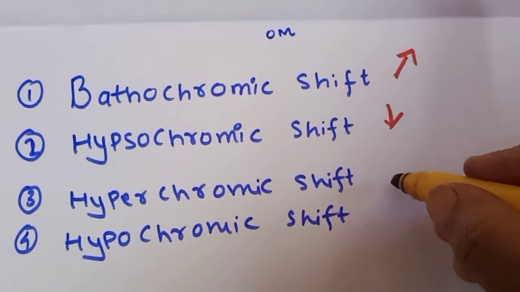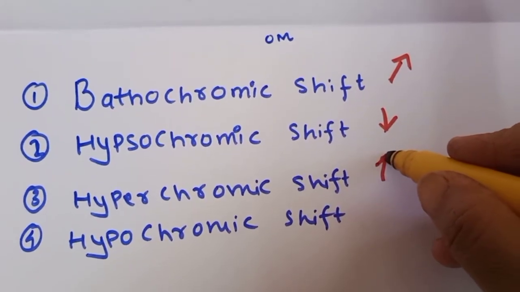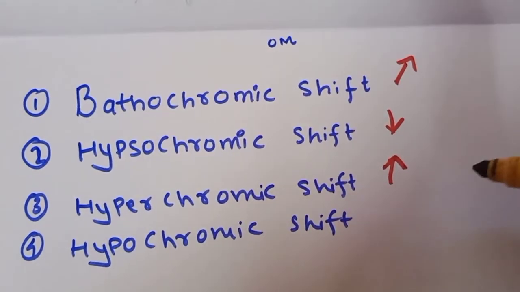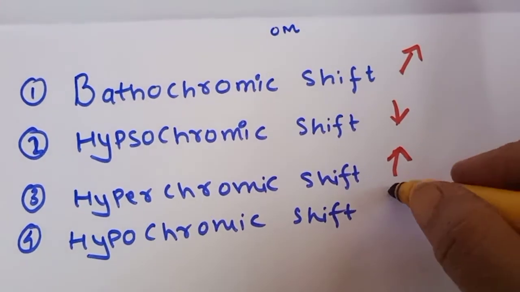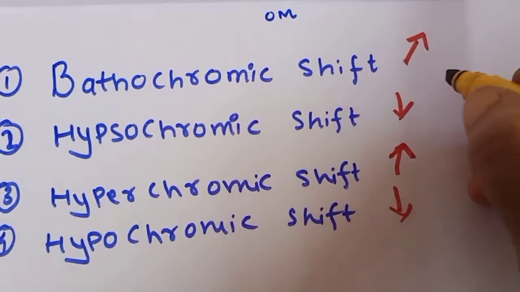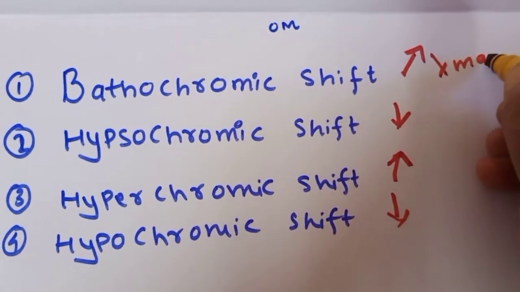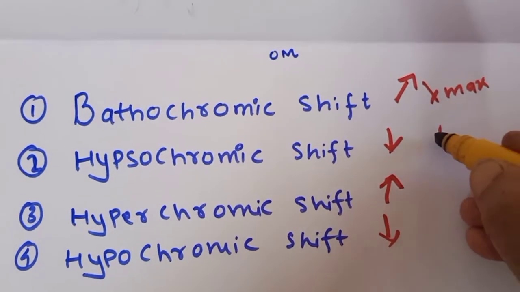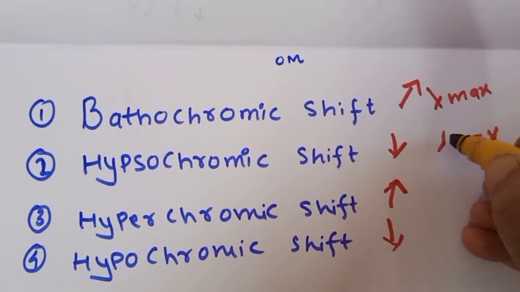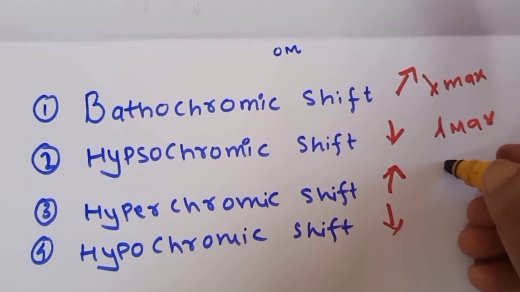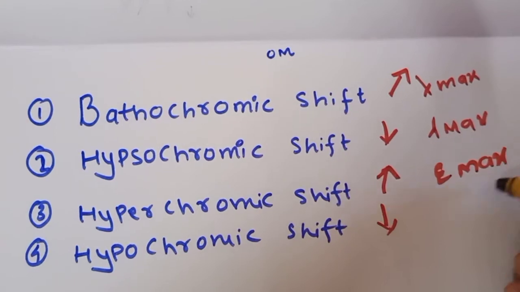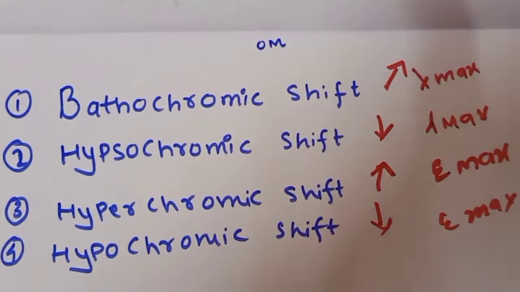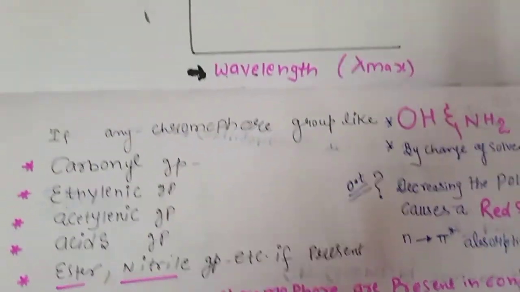Hyperchromic shift will increase the absorption, this epsilon value, meaning our molar absorptivity constant value, the coefficient value will increase, and here in the hypochromic shift it will decrease. Epsilon max value will increase here. In both the cases, in the second case the value will decrease, absorption wavelength value will decrease. In the first case your intensity, the epsilon max value increases, in the second case the epsilon max value will decrease. You have to remember this in short. Okay, now let us begin in detail.